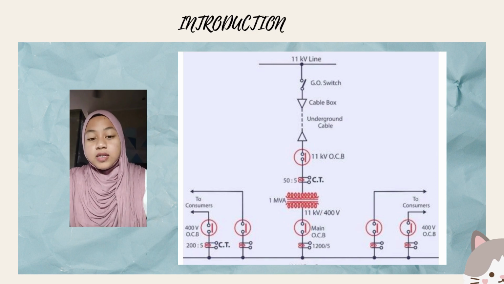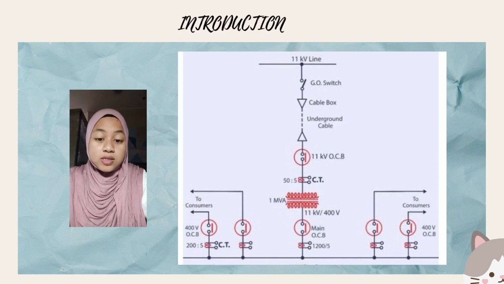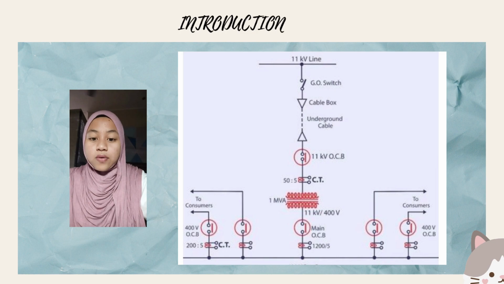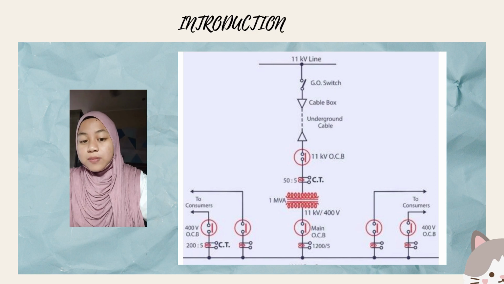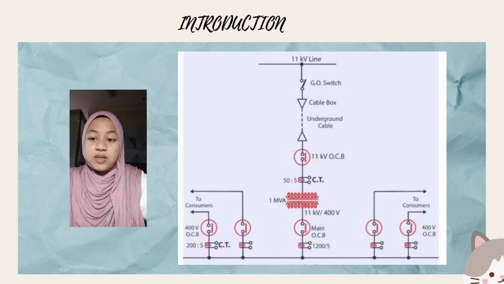The symbol of a current transformer is used for synchronous disconnection and reconnection of various power system components for protection and management. Other than that, the symbol of a transformer is also used to step up and step down the voltage. When the transformer is stepped up, it is used to increase the generated voltage to a higher value. When the transformer is in step down, it is used to reduce the supply voltage and deliver it